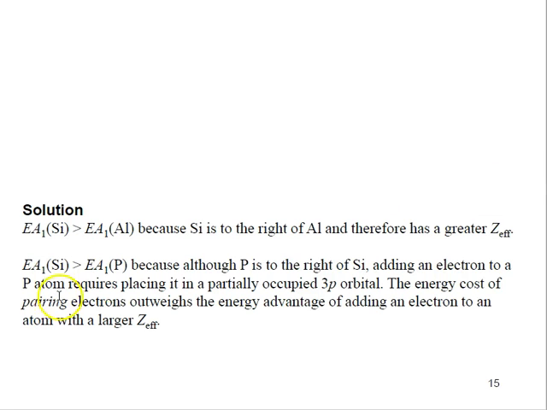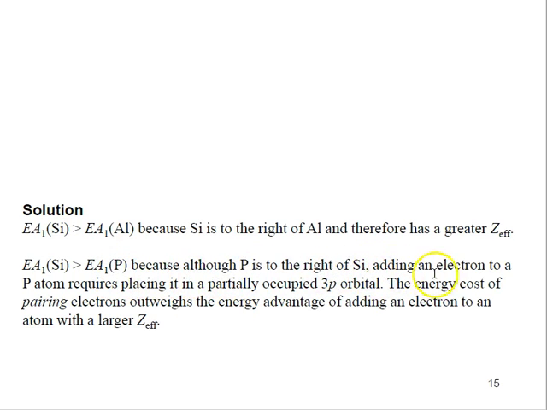So comparing these, the electron affinity for silicon is greater than aluminum because silicon is to the right of aluminum, and therefore has a greater effective nuclear charge. It increases as you go right. If we are comparing silicon to phosphorus, silicon again is higher than phosphorus because although phosphorus is to the right